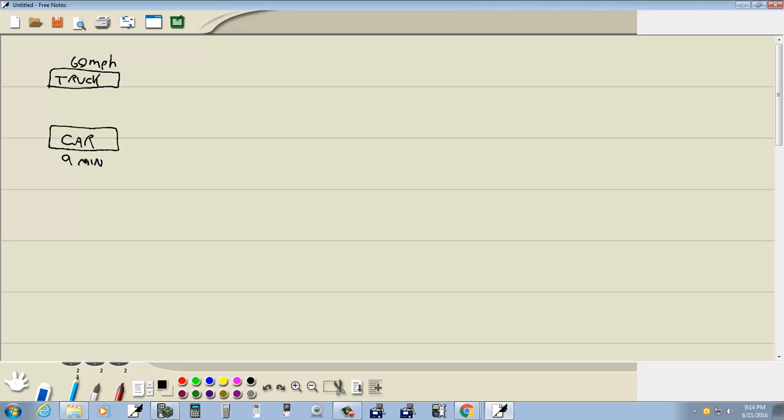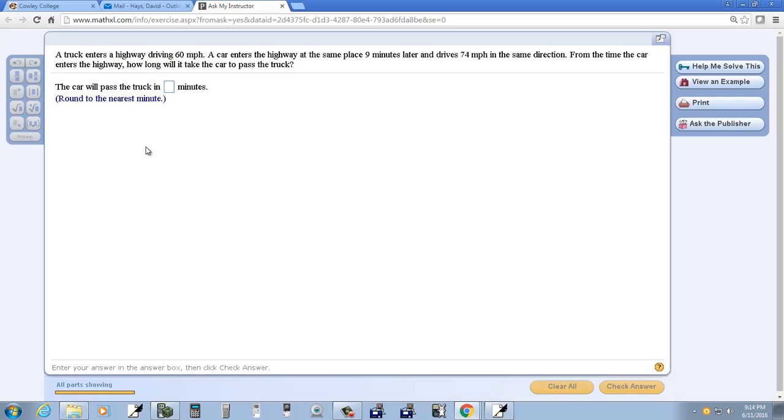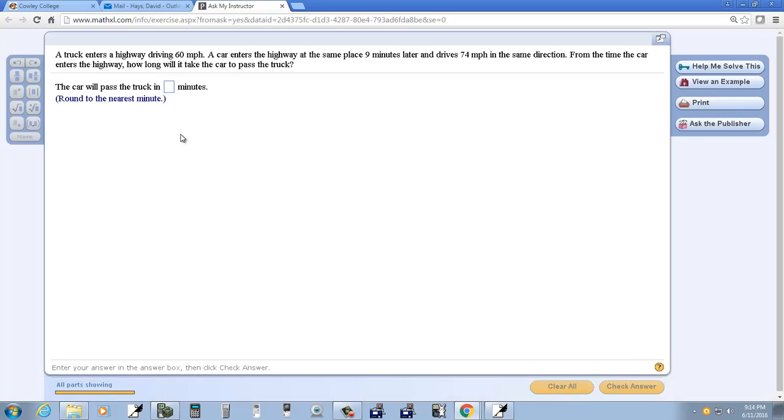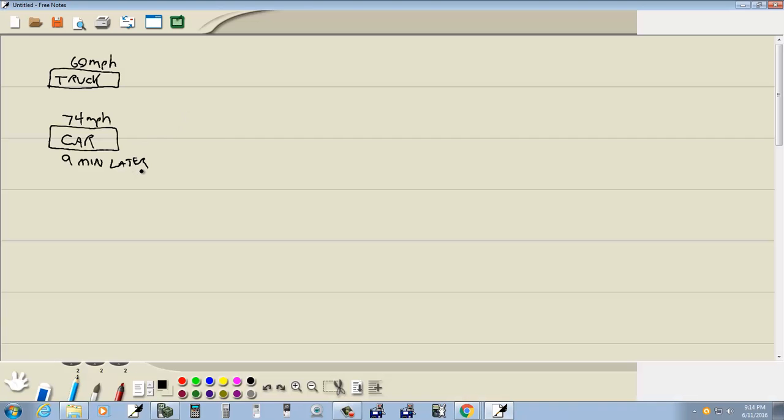9 minutes later. And drives 74 miles per hour in the same direction. So its rate is 74 miles per hour. From the time the car enters a highway, how long will it take the car to pass the truck in minutes? Okay. Well,